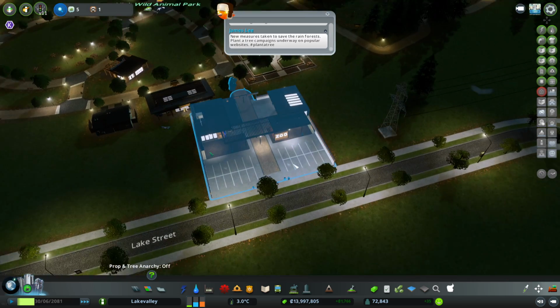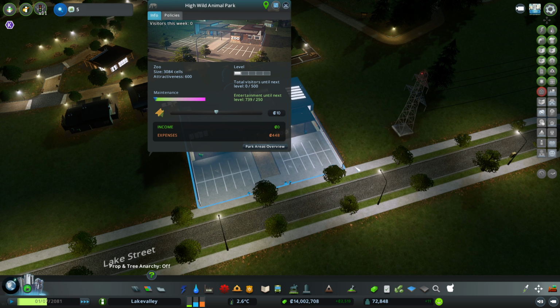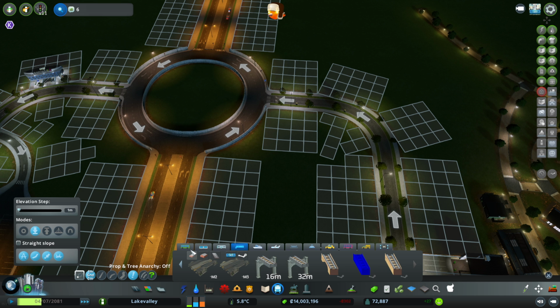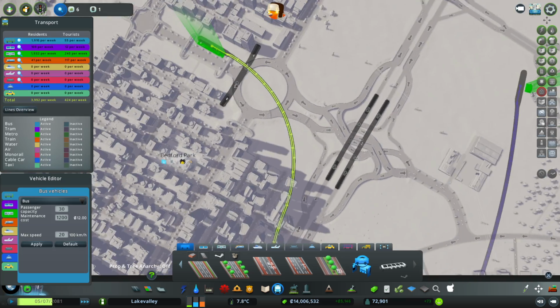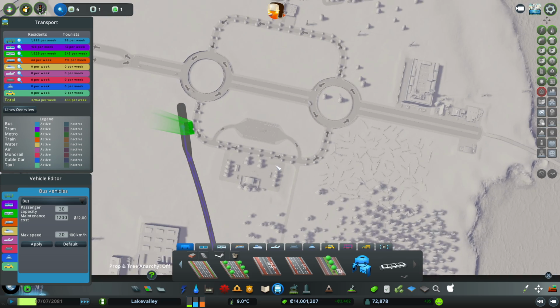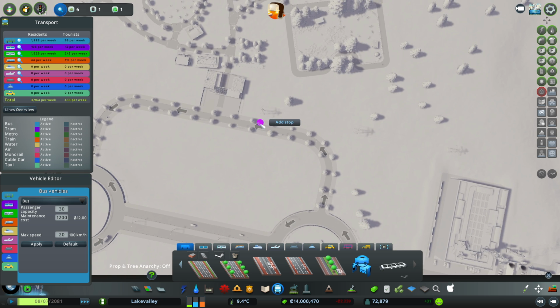Nobody wants to visit the zoo, huh? Would you look at that? Entertainment has been fulfilled, level it up, but not the number of visitors. How about I give you guys a bus route that goes from here to the concert hall, to the zoo,